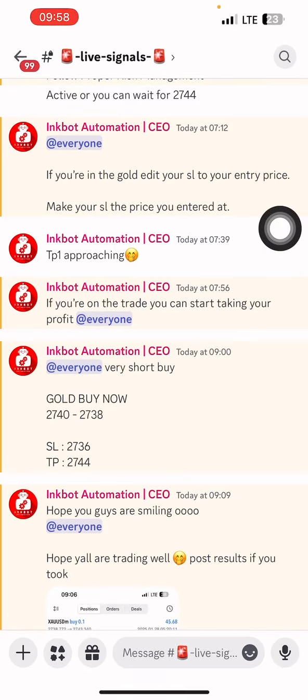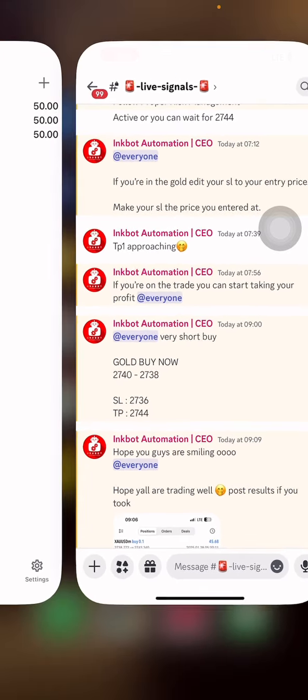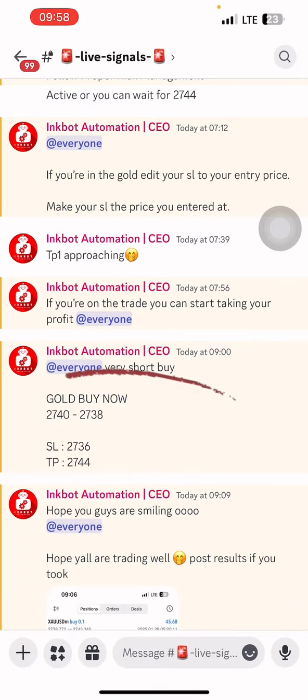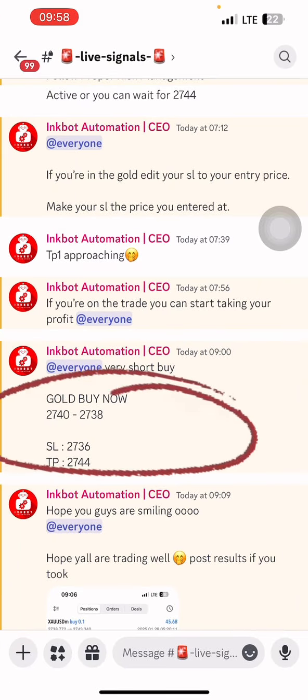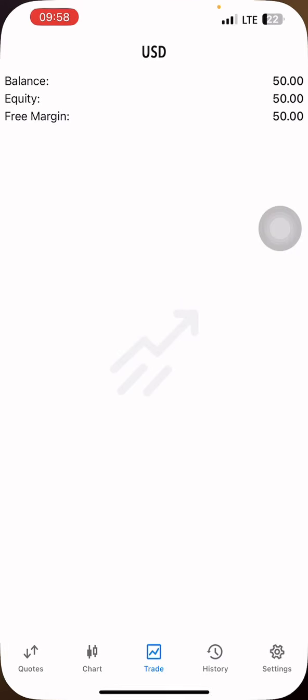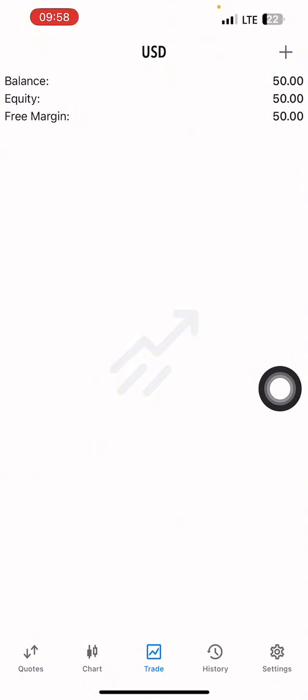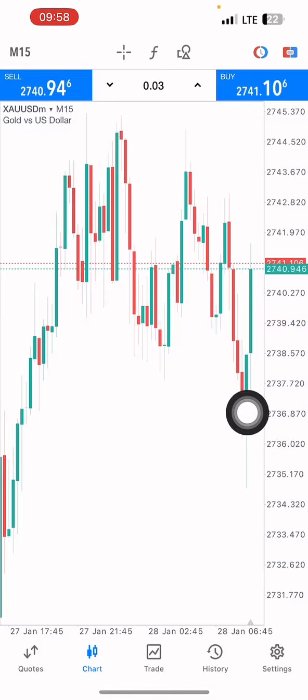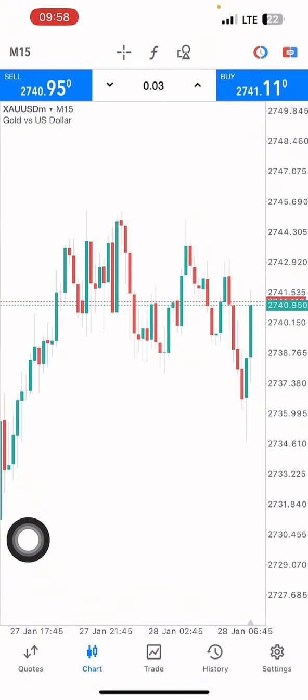Hi guys, this is how to trade a signal properly. So let's say you get a signal like this, right? We say gold buy now 2740 2738. First thing you do, you open your trading app. You will go to your chart to see what price the market is at at that particular point in time,